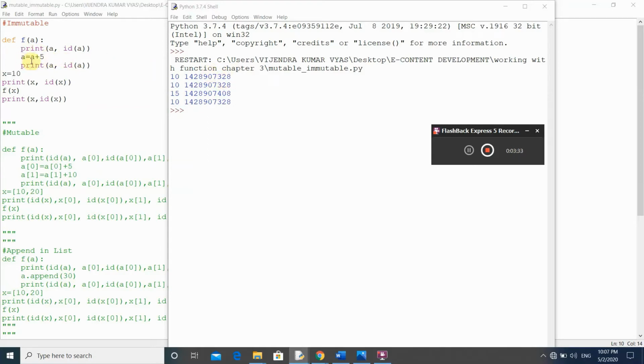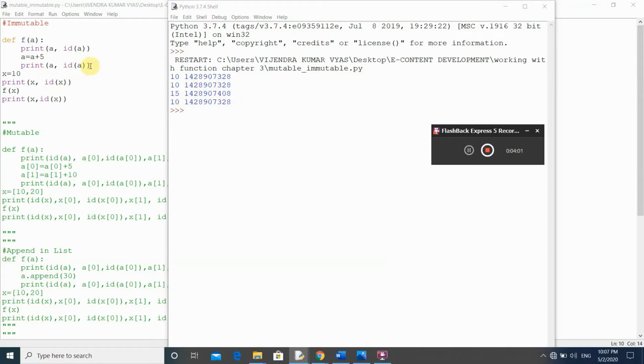So after this statement, the value of a is now changed, and after execution of this statement, this print statement will be executed. After executing this print statement, you see the value of a has been changed and the address is also changed. So here this is 408 and the value of a is 15.